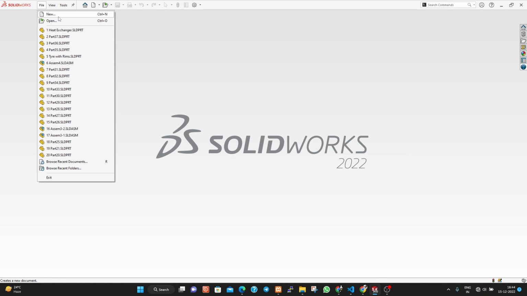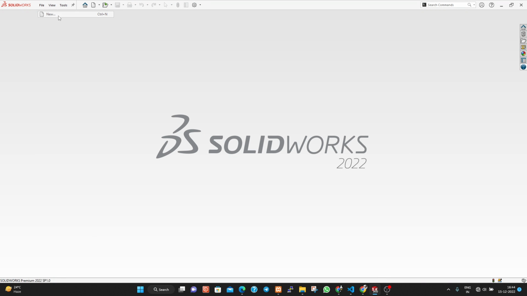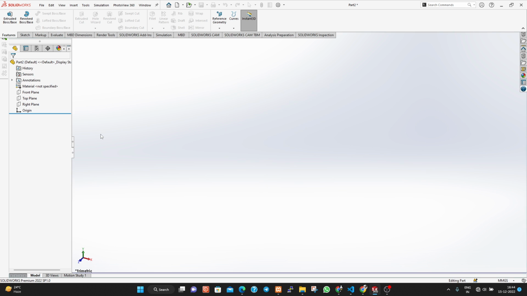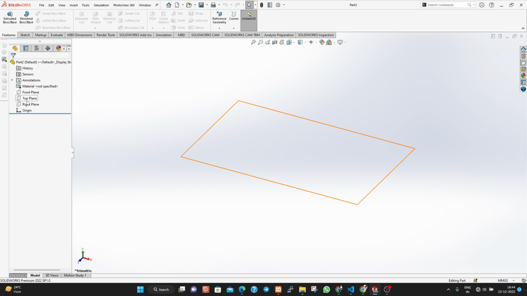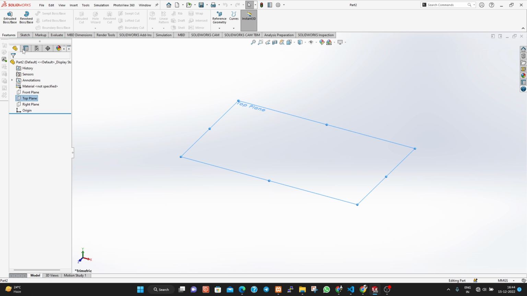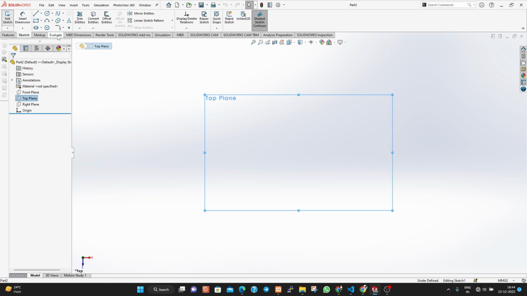Today we are going to see the bolt. In the last video I mentioned the bolt and nuts. Now let's see our bolt. What we can do is select the top line, go for sketch, and select the